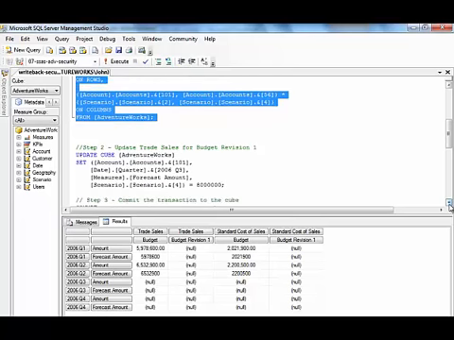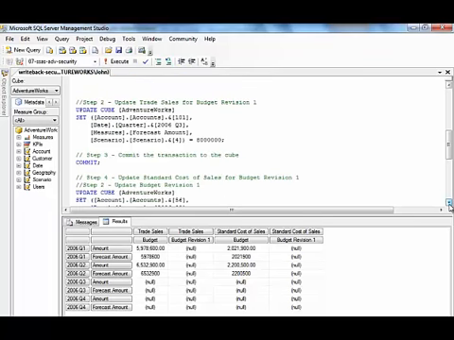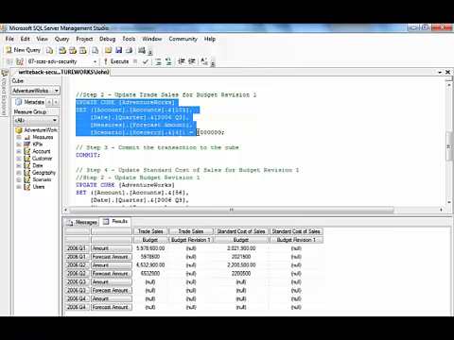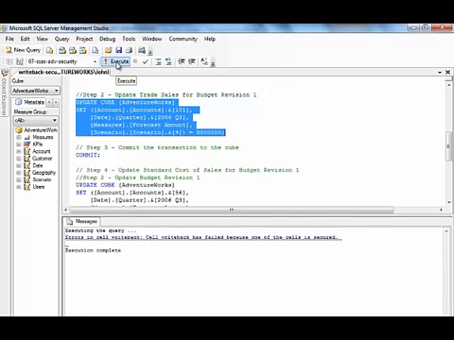And if he wants to use an application that allows him to use Writeback, that application would generate an update command similar to this. So if we execute this command, we'll see that we get an error currently because John has dimension security, but he has not been given permission to perform Writeback. So we need to go back to our role definition,